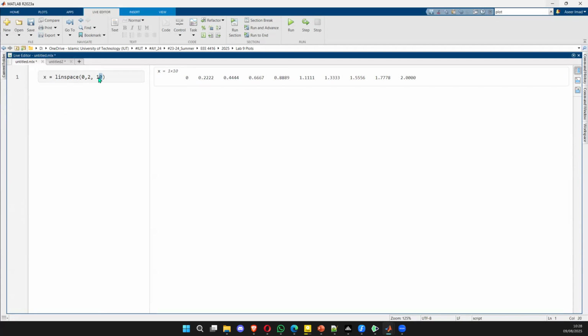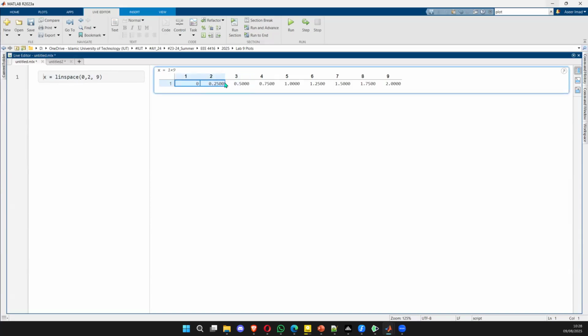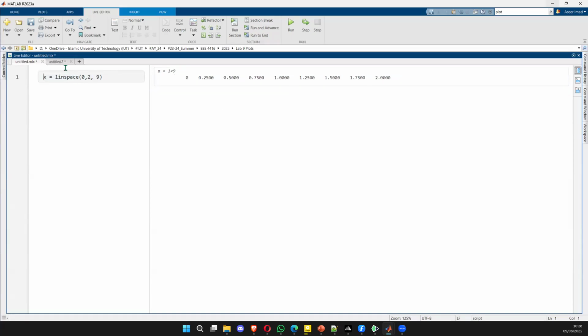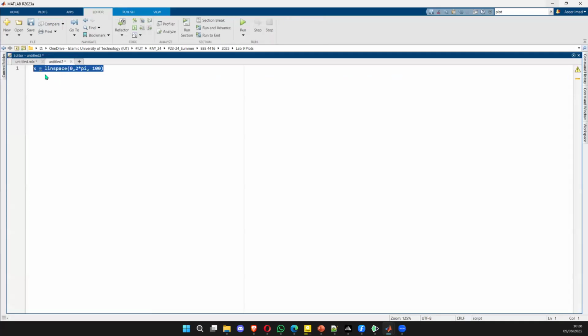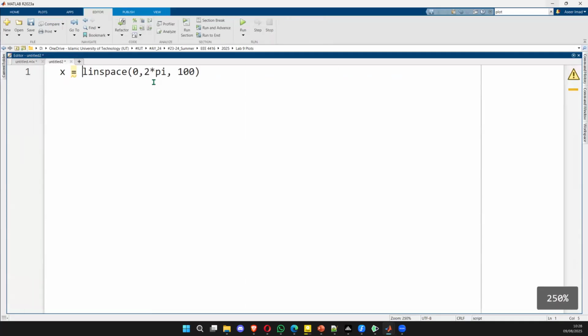Let's say if I take 9, you see 0, 0.25, then again 0.25, that is 0.5. In this way, it will create 9 points starting from 0 and ending at 2. It will create 9 equally spaced points. The difference between any 2 points will be the same. So now when I write x equals linspace 0 to 2 pi and 100, that means